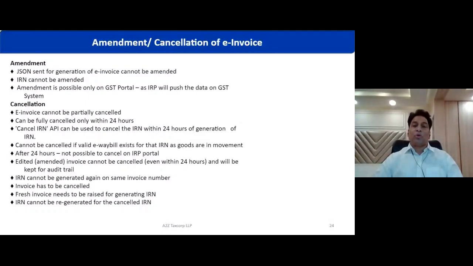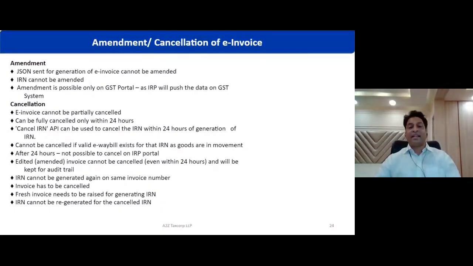Whenever you want to do an amendment by issuance of debit note and credit note, you can do it with your GSTR1 on the GST common portal. And once you are generating a credit note or debit note as an amendment to the original supply in B2B, make sure that these credit notes and debit notes, which are going to be e-credit notes and e-debit notes, are routed through IRP.